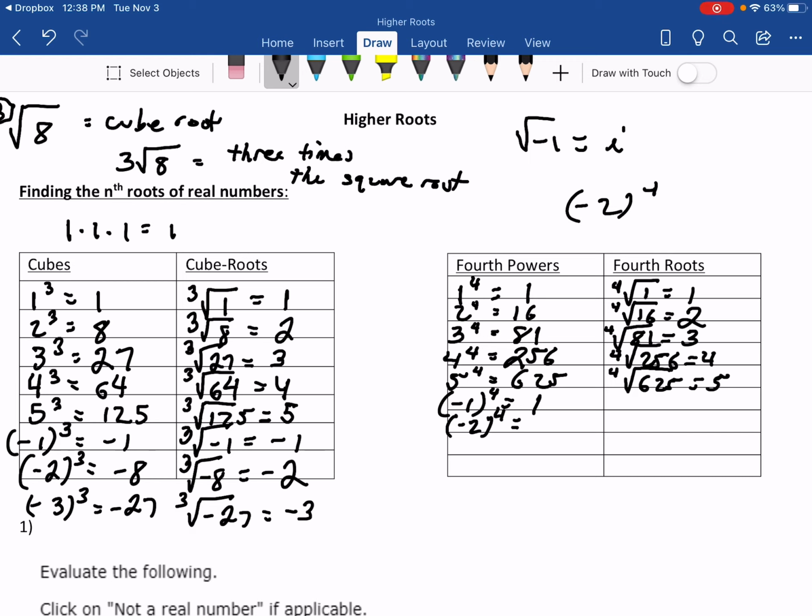-2 to the fourth, -2 times -2 times -2 times -2, so we've got 4, -8, 16. Okay. Notice when you raise a number to the fourth power, it always has to be positive, just like with your squares, like -9 squared, -9 times -9, positive 81. 9 squared is also 81, okay? So, moral of the story here,